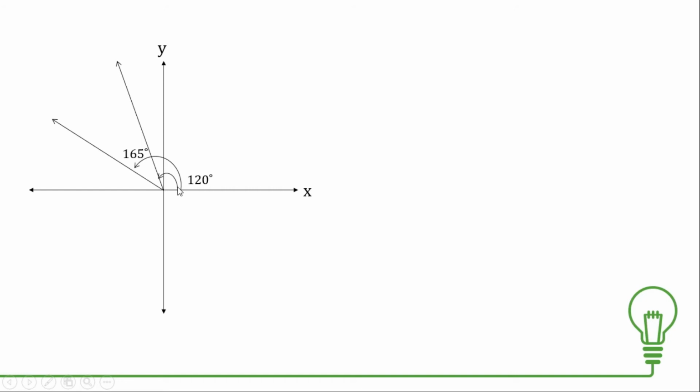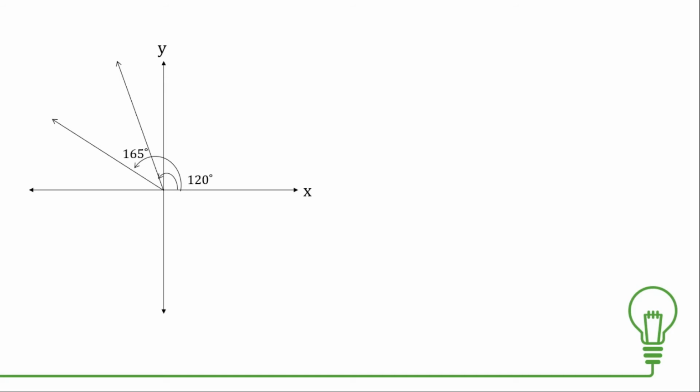But if our angle measures more than 270 degrees but less than 360 degrees, that angle would terminate on the fourth quadrant. Well, anyway, the angle in standard position which measures more than 270 degrees but less than 360 degrees is still a reflex angle. Okay, next, there are actually